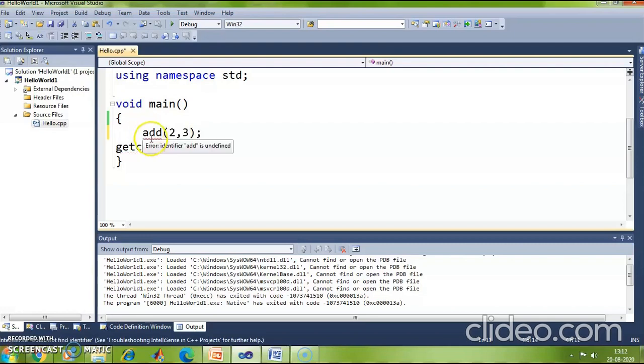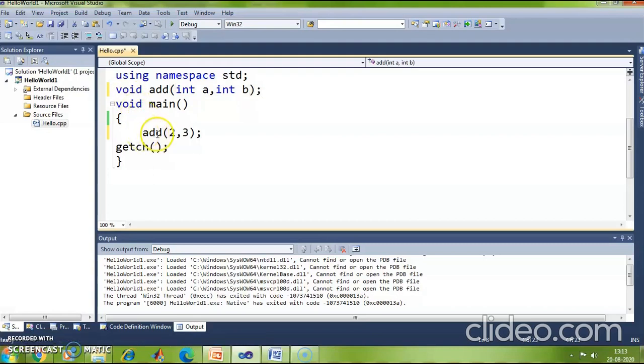Now I am getting an error saying, what is this add? Is it an identifier? Is it a variable? I don't know. So then I declare this add function before main so that my compiler gets to know that there is a function called add which is being used in the main function and which will be defined further.